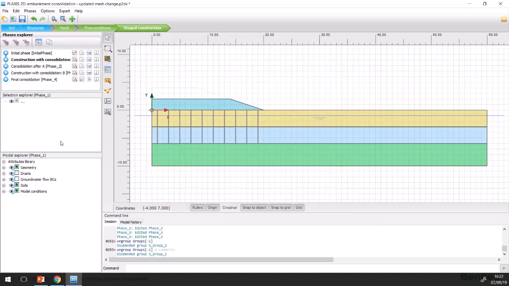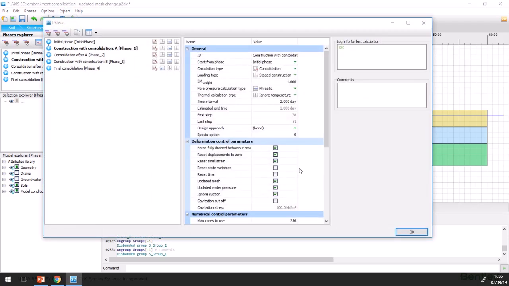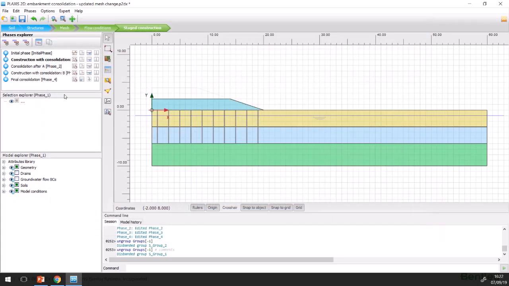It runs here. If you look at here, we don't have any groups, so we keep the model quite clean. And what we see here, when we use updated mesh, these options are activated. So that's a good thing. We quickly can change this. And you can imagine if you have a more detailed embankment construction that you want to model, we can quickly change 20, 25, 200 phases depending on, of course, how many phases you have. But you can quickly change everything here and do a quick variation of all of the analysis without checking all the phases